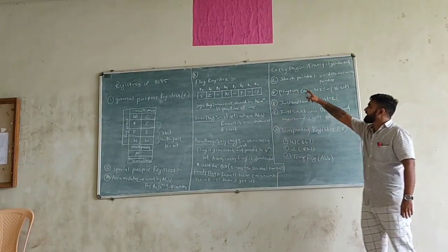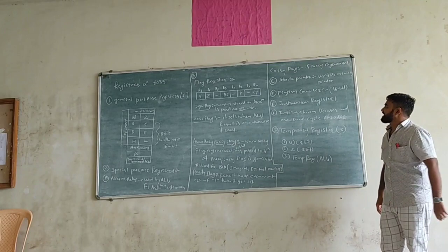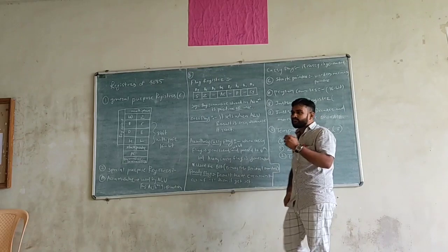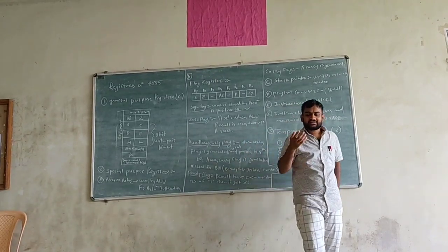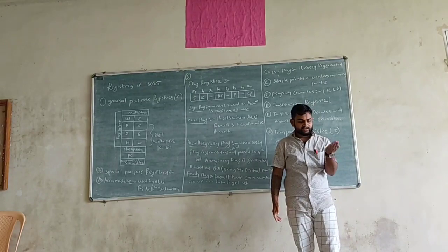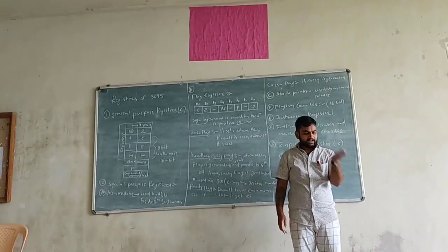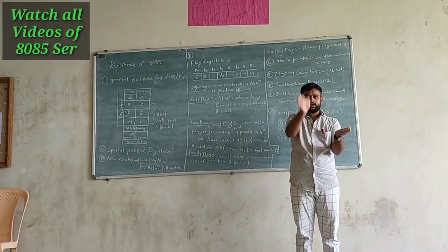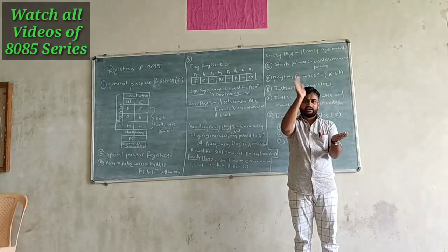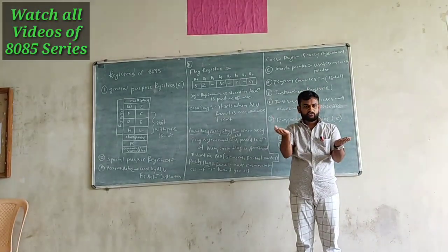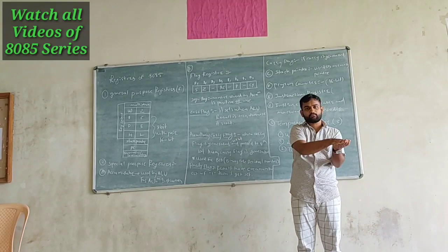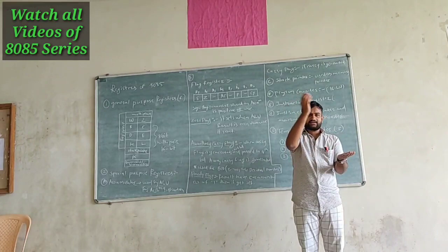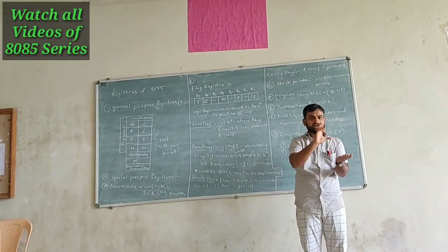After that we have a stack pointer. So what is the meaning of a stack pointer? It is used as a memory pointer. What is the meaning of a memory pointer? As we discussed in the earlier lecture, stack is a type of memory. Consider this is your memory. Inside this memory we are putting data. After that we are putting another data, and after that another data. So first in is going to be last out. So we are stacking the memory. Stack memory is a type of memory where we stack the data until it gets full.